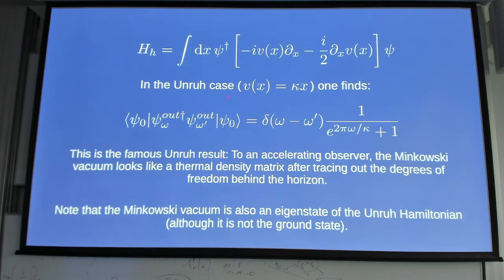If you now take a solution and you plug in the Unruh velocity profile, you recover by a very simple calculation, actually, the famous Unruh result. So you find that the occupation of the outside modes is exactly given by this thermal distribution, the Fermi-Dirac distribution. And this is, of course, a famous Unruh result. So to an accelerating observer, the vacuum looks like a thermal density matrix after you trace out all the stuff